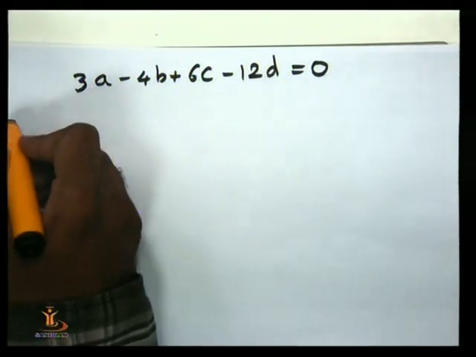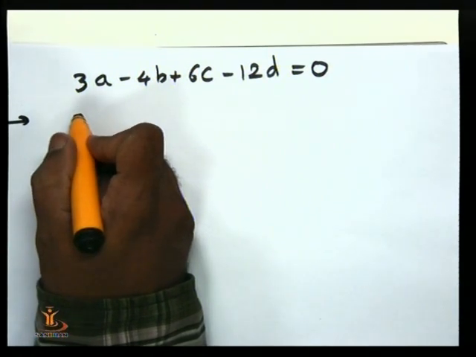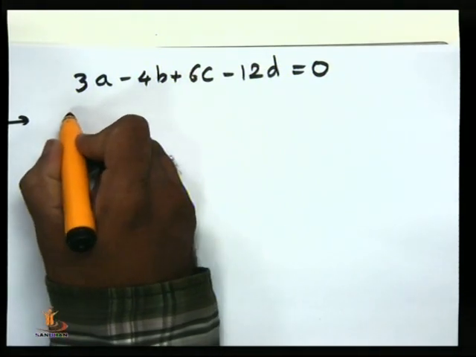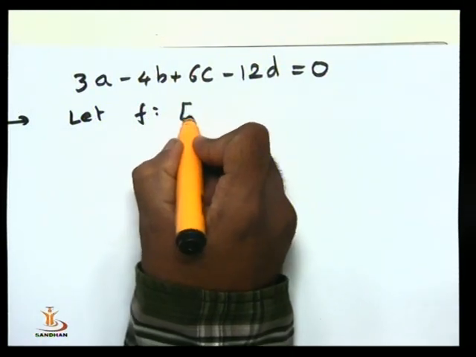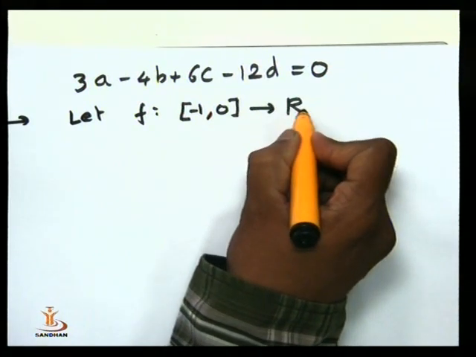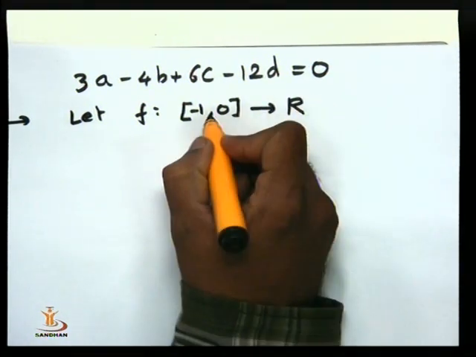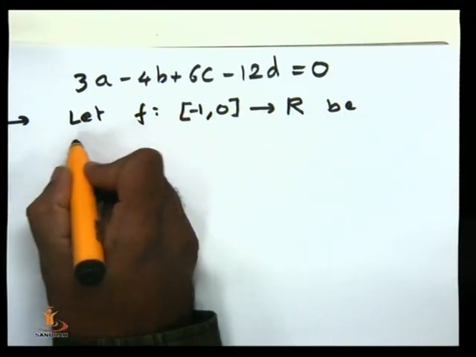Now if I want to obtain this equation ax cube plus bx square plus cx plus d equal to 0, I will define a function f. We want to show that for the given equation the root lies between minus 1 and 0. So I am defining a function on [minus 1, 0] as